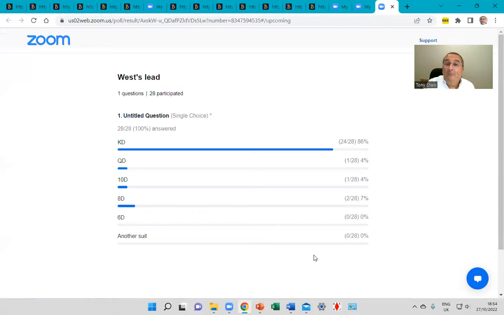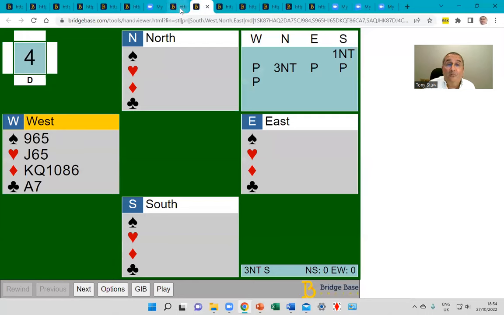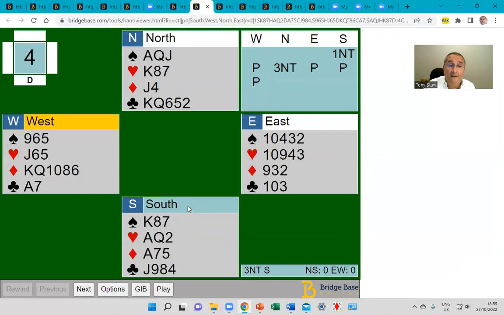I'm often hopeful that everyone's going to get one of these questions right, and they nearly did this time. Nearly everyone went for the King of Diamonds, 86%, with a few people going for the Queen, the 10, or the 8 of Diamonds. And yes, the King of Diamonds is the right card to play there. You lead the top of a sequence or a near sequence here,